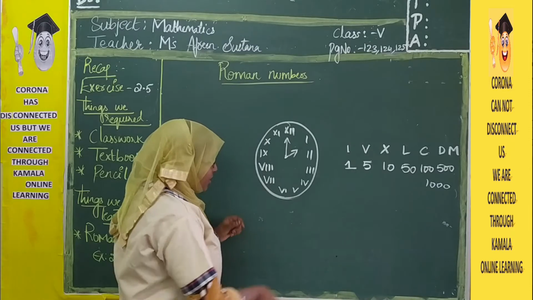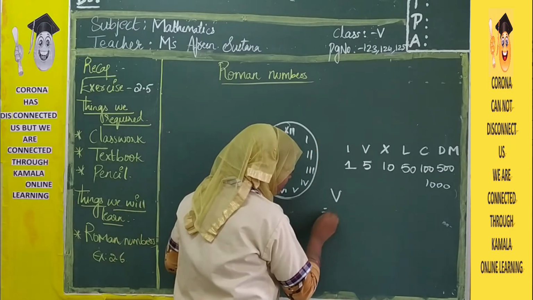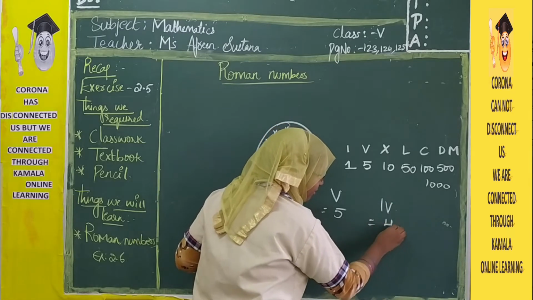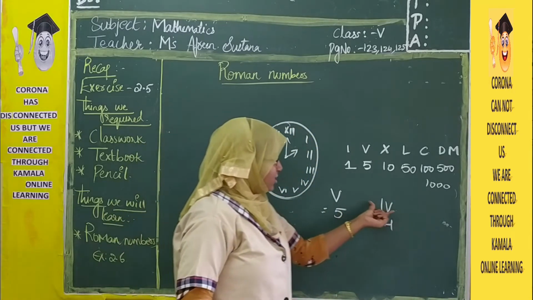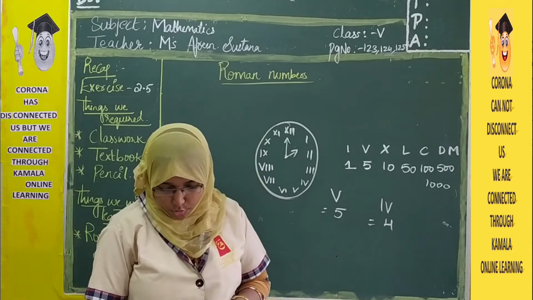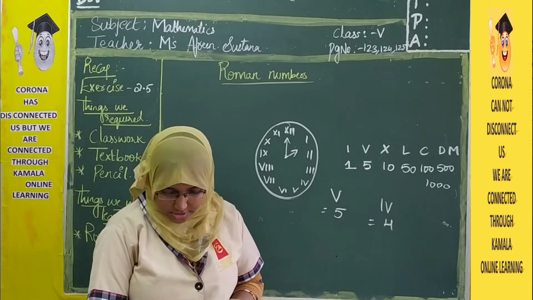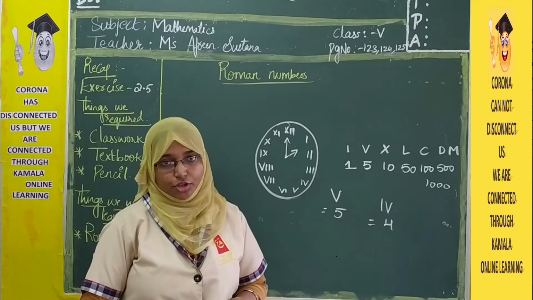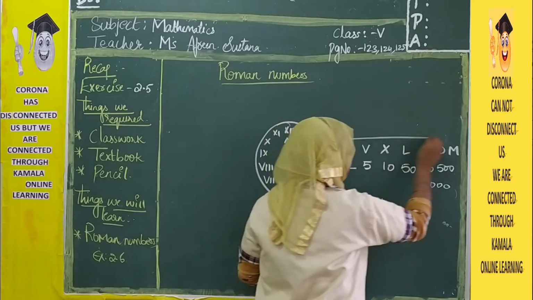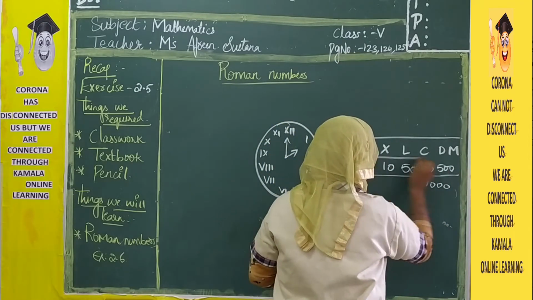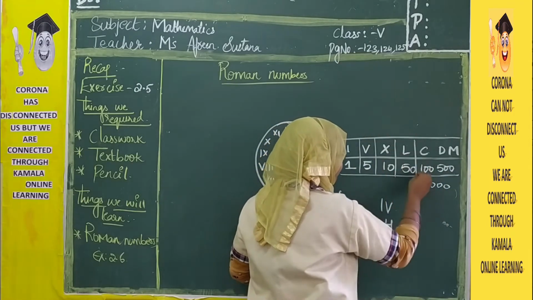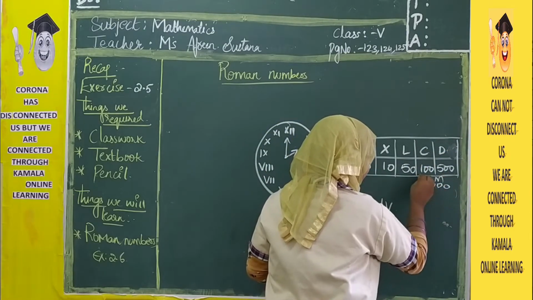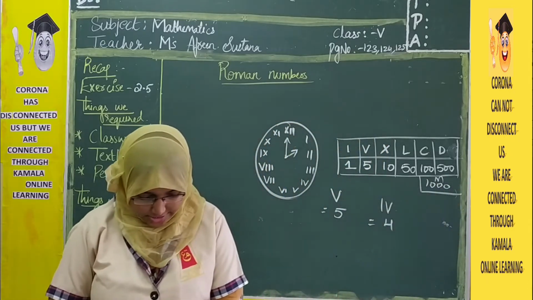Now let's see the coordination. This is your 5th standard, and last year in grade 4, this is nothing but your grade 4, right? Let us see what this is. So we have some rules here. Rules for writing Roman numerals. When you start writing your classwork, I request you to write the tabular form of Roman numerals, this box. Roman numeral box, okay? Let us see what the rules are.